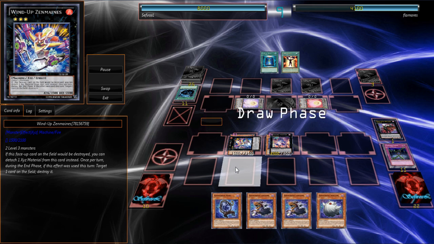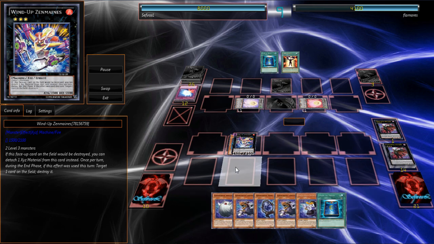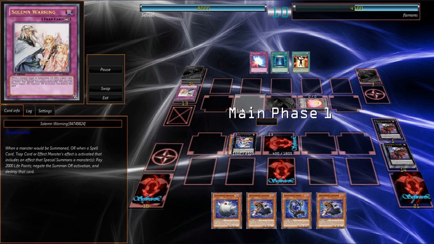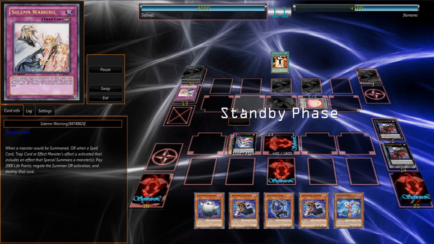When the Ghostrick Dullahan is attached as an XYZ material to Downward Magician, it will still gain its effect when it is sent to the graveyard via any form. It doesn't have to be destroyed by battle or by card effects or sent by your opponent. It can be